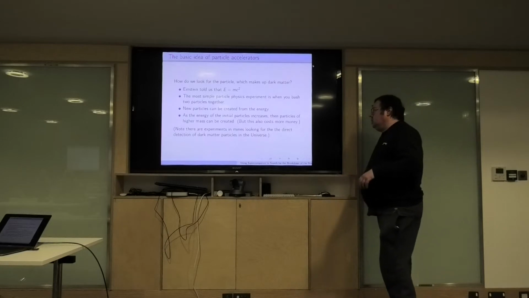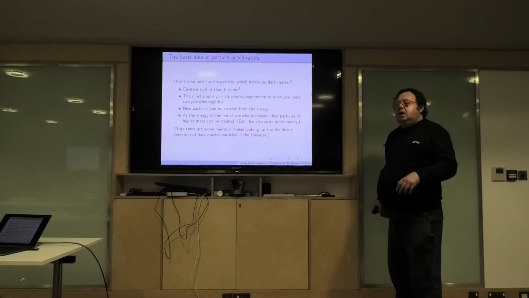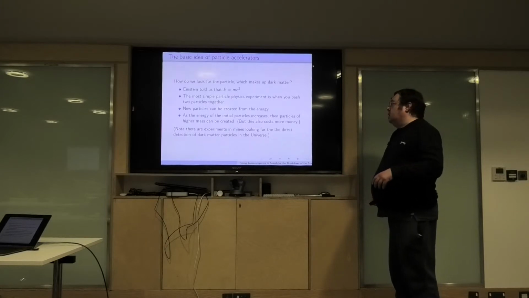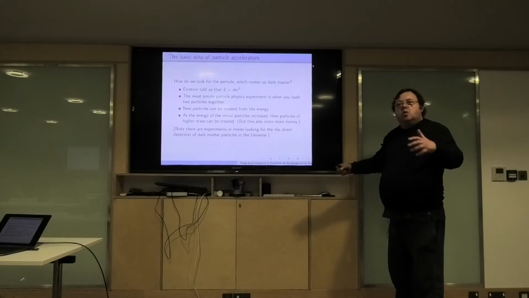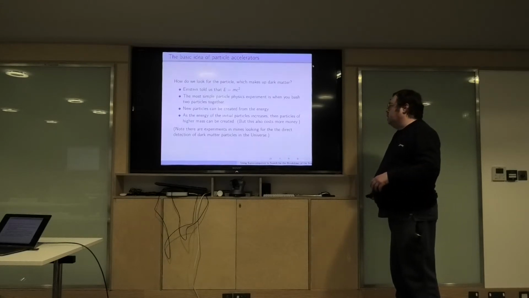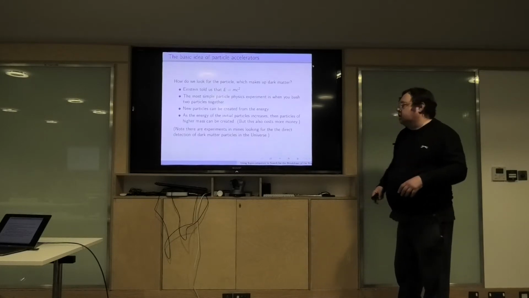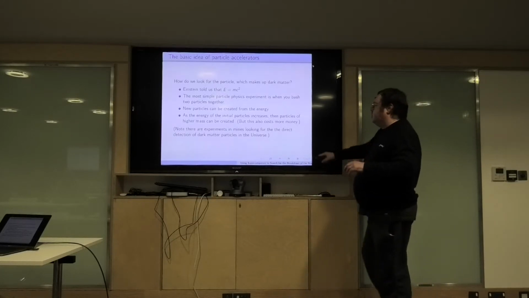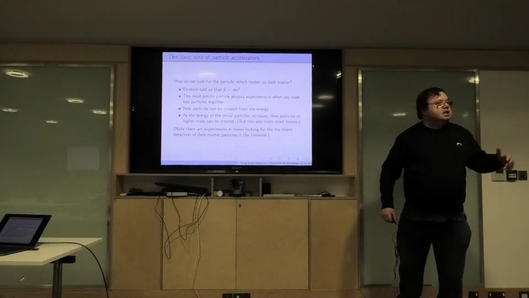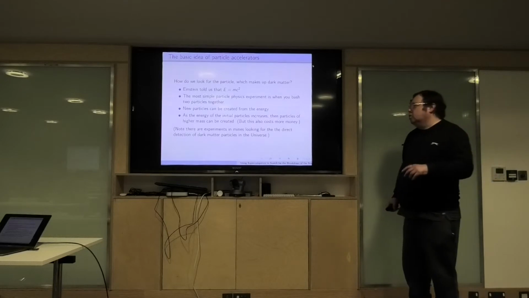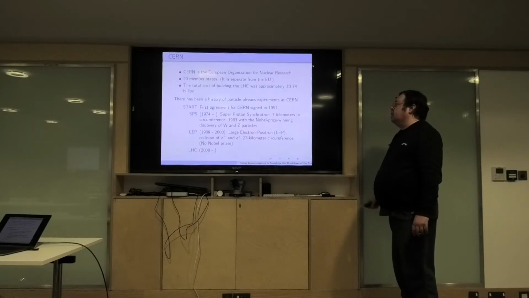Unfortunately, we don't know how heavy these dark matter particles are, so you have to bash the particles together at higher and higher energy. That costs more money. We'll see how much more money later. And that's a sort of standard paradigm of particle physics experiments. This is a very broad treatment. There are also experiments in mines trying to directly detect the dark matter, but I'm not really going to talk about that. I'll talk about the conclusions later.